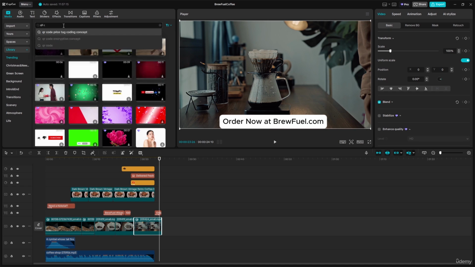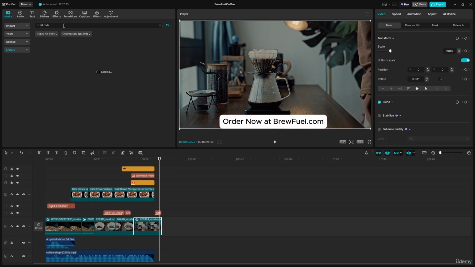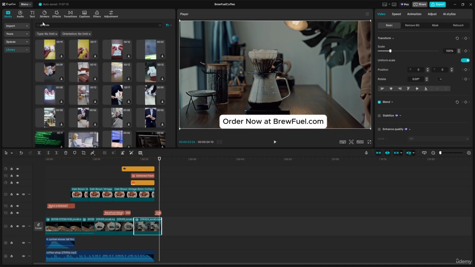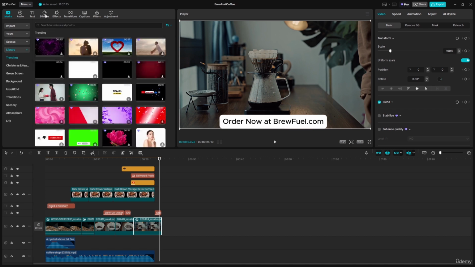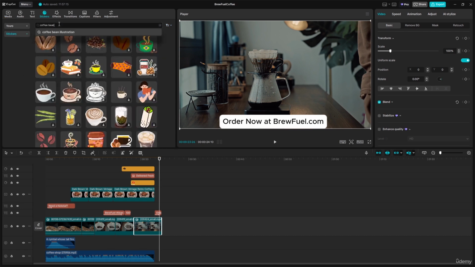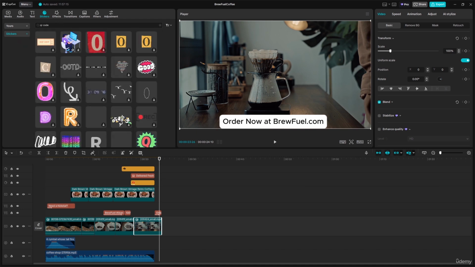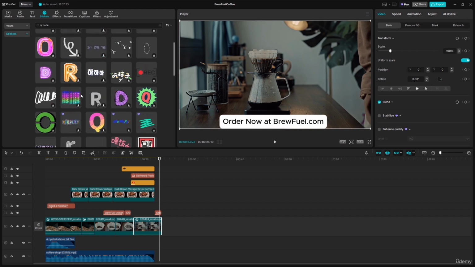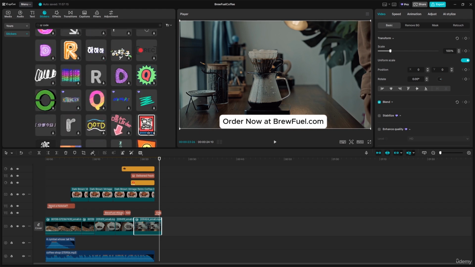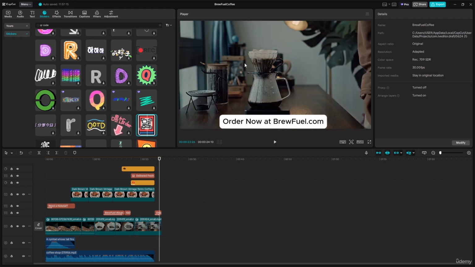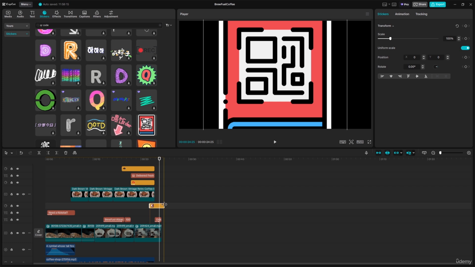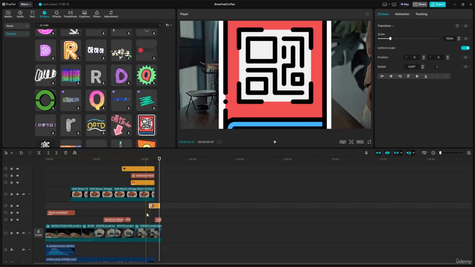QR code over here for the example. Let's go to the stickers, and we're going to do it over here. Let's say the QR code. Okay. So for the example, if you do have the QR code, you can add it. So for example, let's use this one,